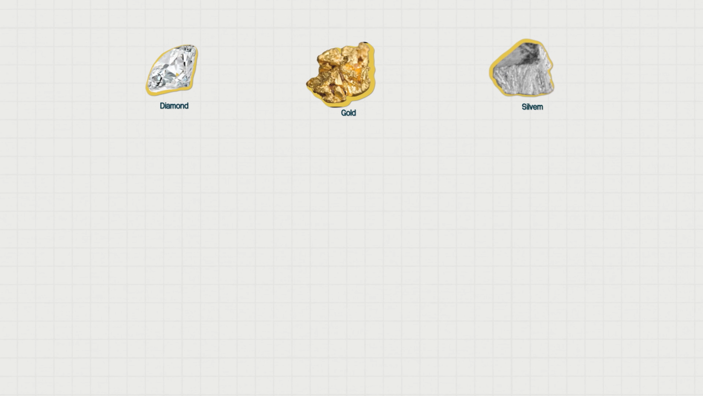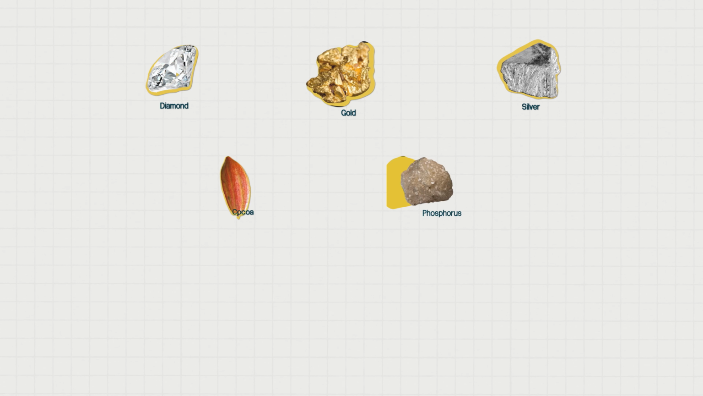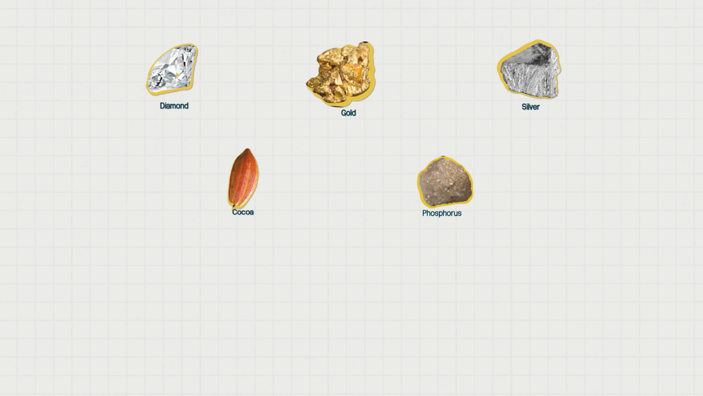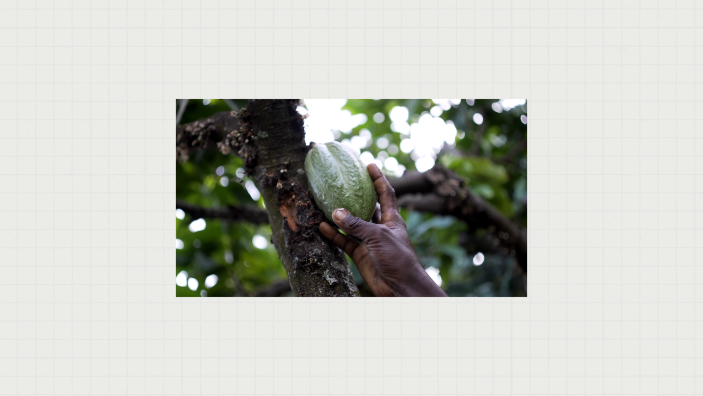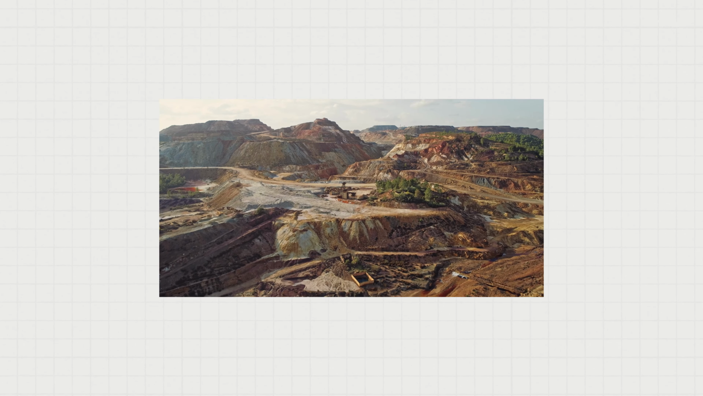Africa is blessed with several key natural resources. From the precious stones and metals, diamonds, gold and silver, to agricultural products like cocoa and phosphorus, or the large deposits of essential minerals, such as cobalt, uranium, and bauxite. You would expect the world's second-largest continent, enriched with an abundance of resources, to be a major contributor in global